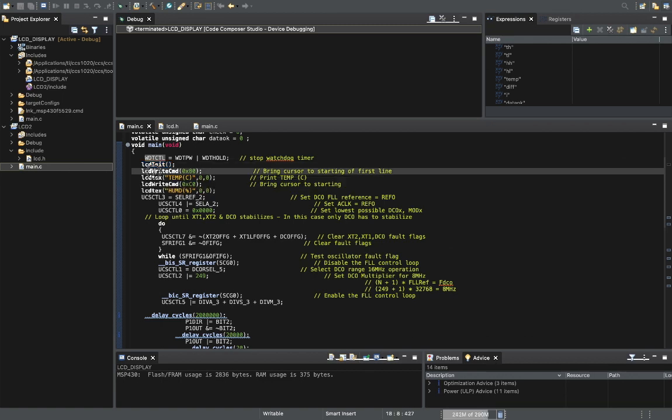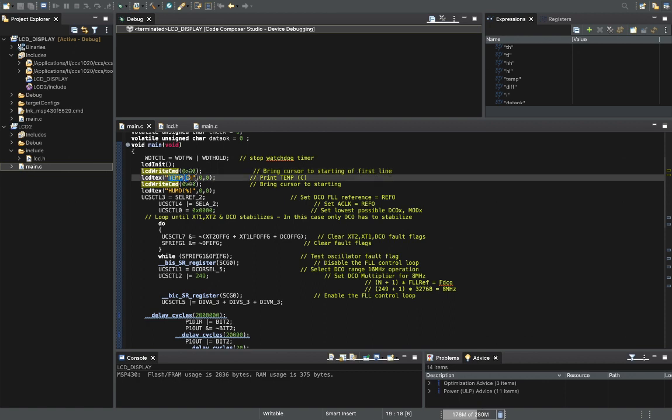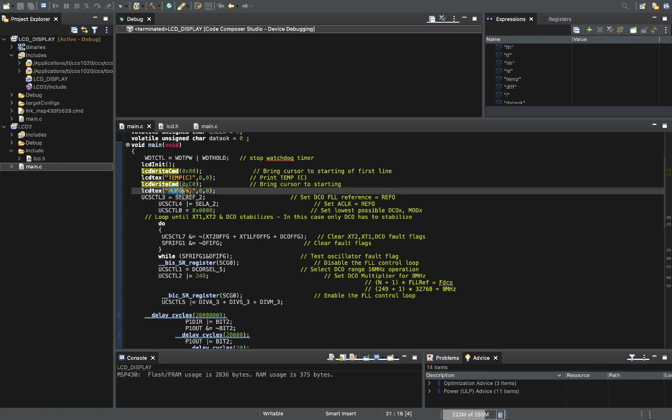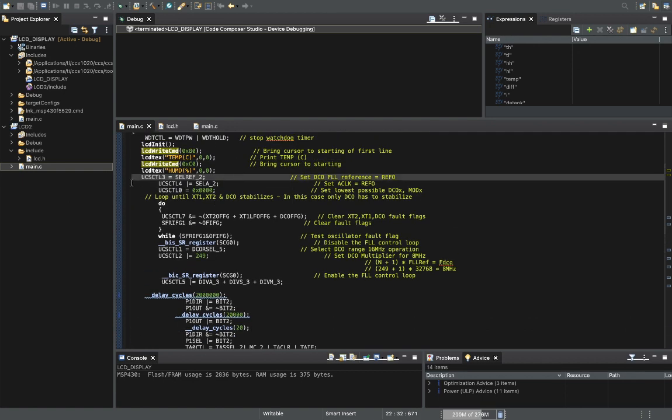We will send this command, which is sent for bringing the cursor to the start of the first line, and we will print Temperature C. This will be like a heading. In front of this we will display its value later. Then we will bring the cursor to the start of the second line by sending the command 0xC0, and after that we will print humidity percentage as a header, then we will display its value.